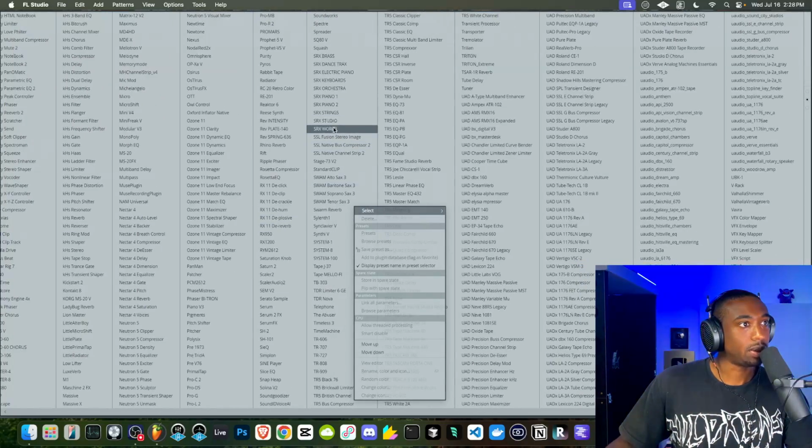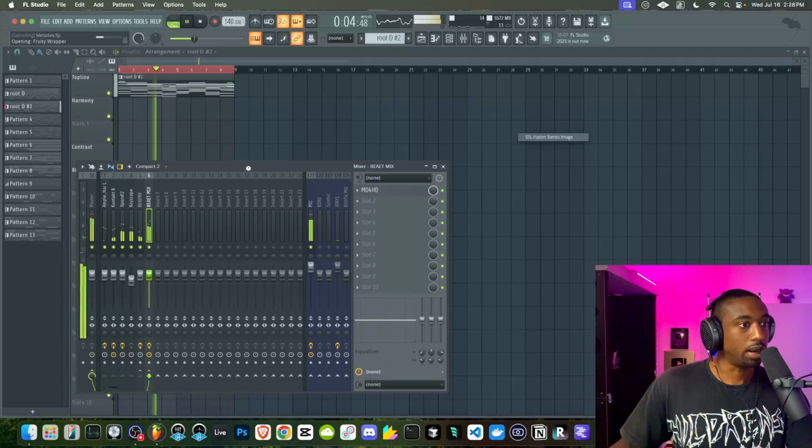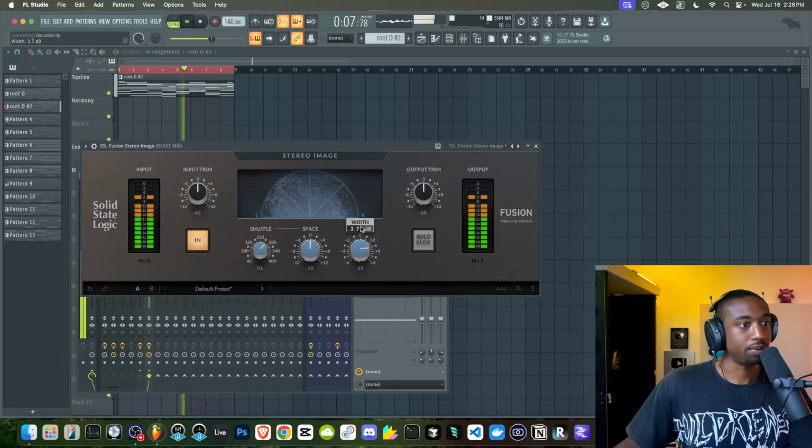And it's already wide, so we don't need to overly widen this, but a good widener is called the Stereo Imager from SSL.